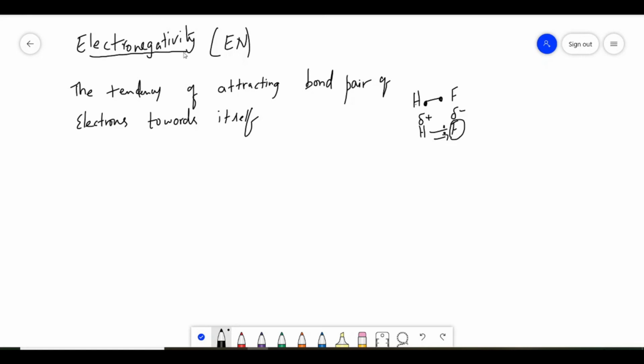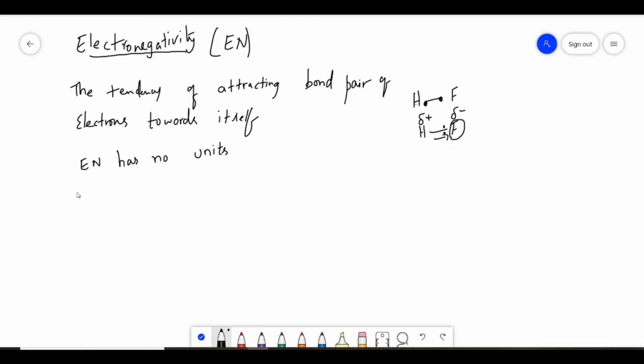And remember, the ionization energy will have units in the form of energy only, and electron affinity is also having units in the form of energy. It may be joules or calories or kilojoules, but electronegativity has no units. There are no units for electronegativity. But for the electron affinity and ionization energy and for the atomic radius, we have units. But electronegativity does not have any units. Remember this point.